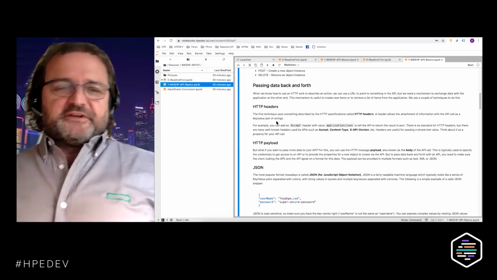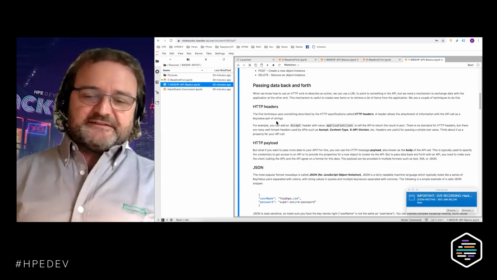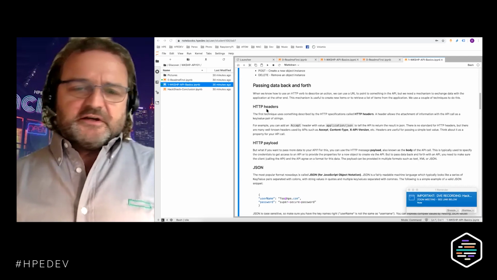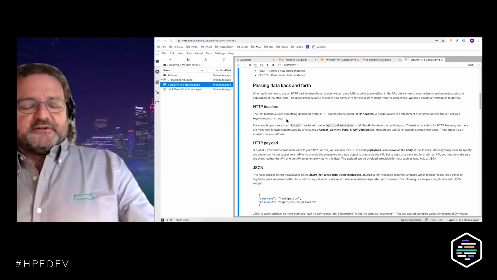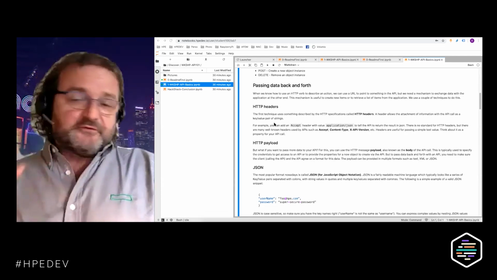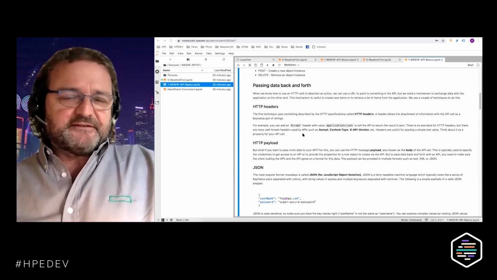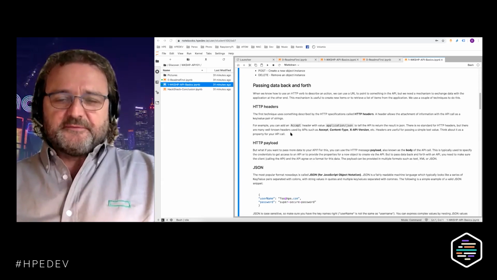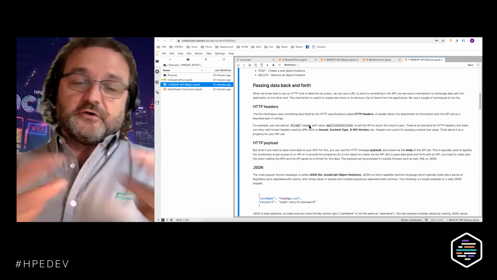Now we need a little more because, as I just mentioned, we need to log in, for example. So for this, you need to pass some data to the API. And to do that, we have multiple ways. The first one is we could use something called HTTP headers. And this is also in the specs from HTTP since day 1. So you could create a header, or multiple headers, to your API call and say, for example, I want to accept content or a response